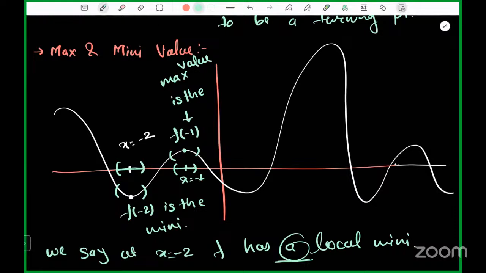Now, what is a global maxima or global minima? Among all those local maxima and local minima, you will find again a maxima. For example, suppose here x is equal to 3. You can observe that this is the point where the function has a global maxima, because if you compare all other values of the function, they are less than or equal to that particular value. So this type of